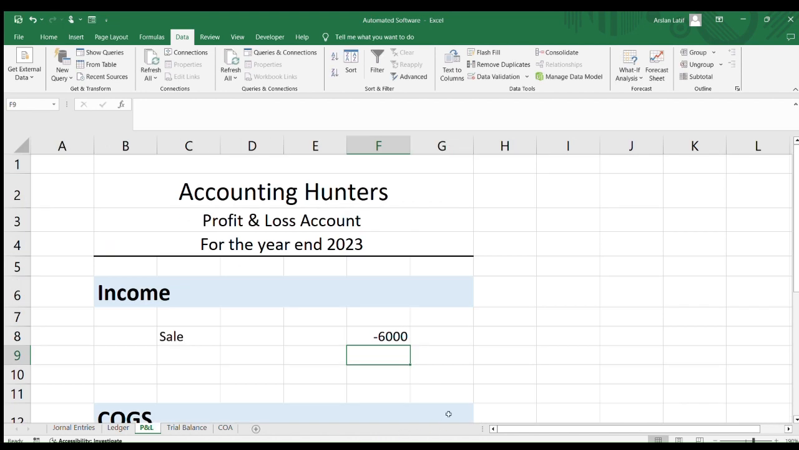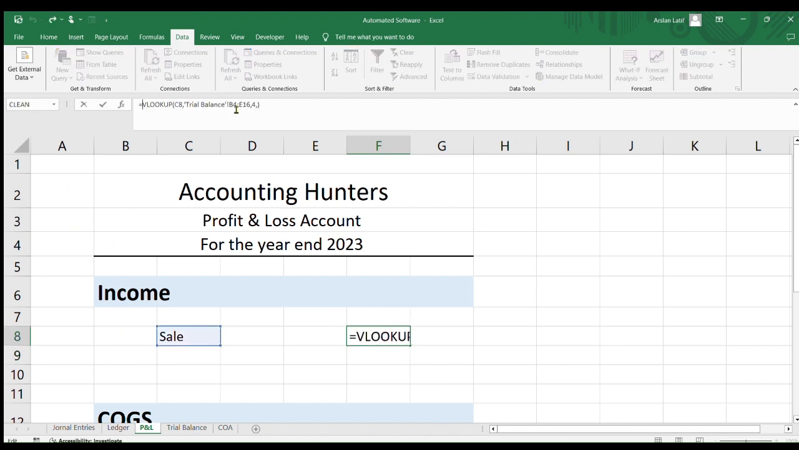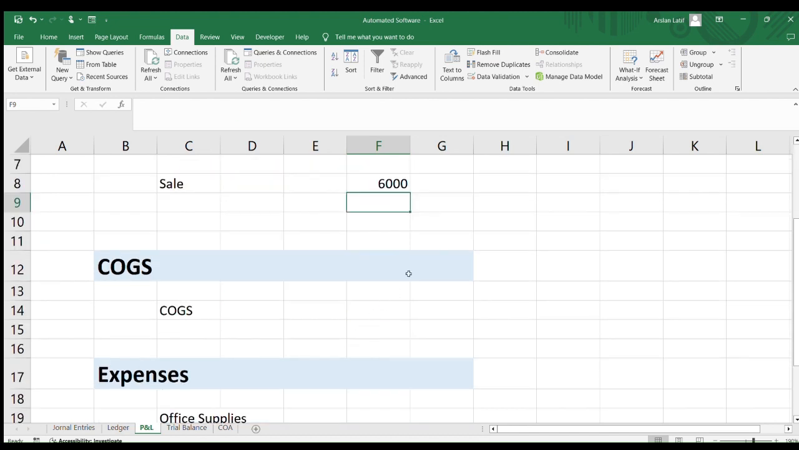Now you will get the answer over here. You can see the answer is in the negative form. As the nature of the sale is credit, that's why the answer is in the negative form. Now you have to mention the negative sign before using the formula to change its nature from negative to positive, and the same method you need to do for your cost of goods sold. Before copying your formula,